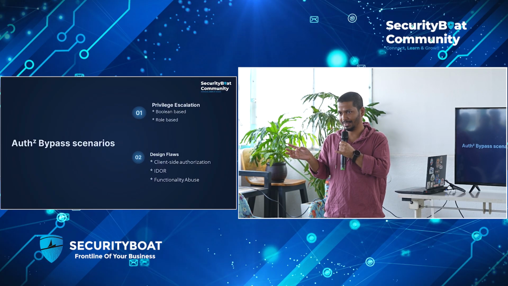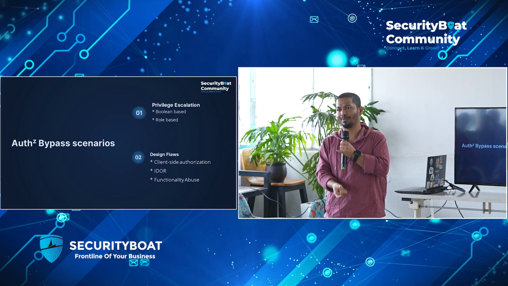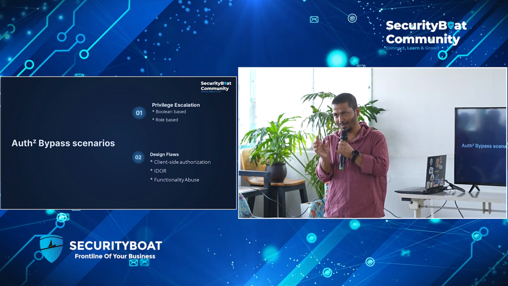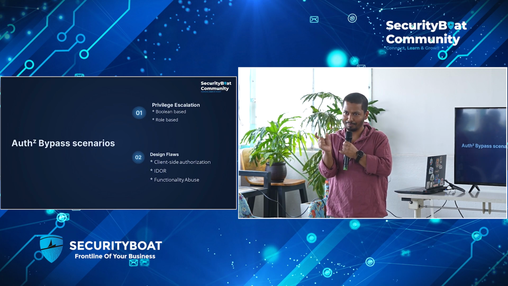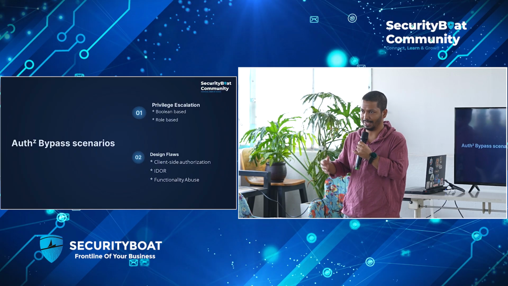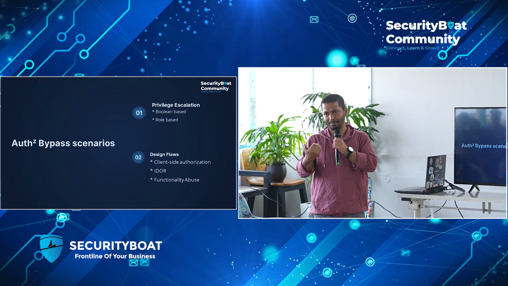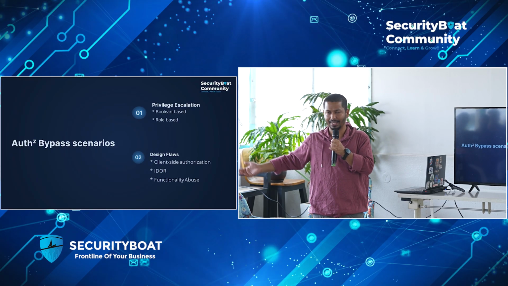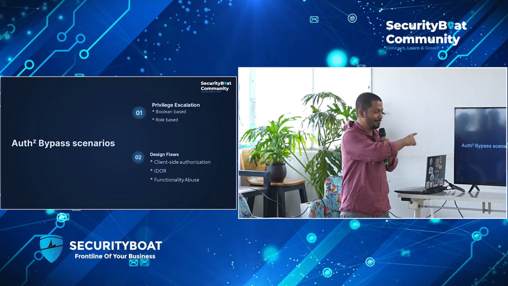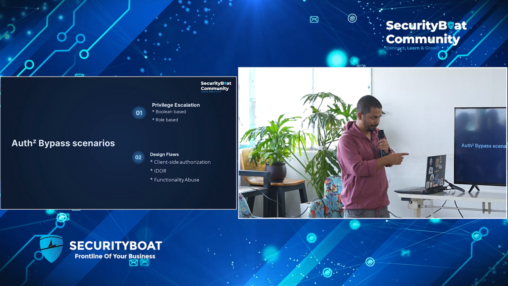When appraisal seasons came, managers would give ratings to each of the employees. There also, going to view my ratings, again the employee ID is being passed. So everything was attached with the identifier of employee ID. Changing that value, exploiting IDOR, we could access other users' details which we were not allowed to see. In this specific scenario, when I am not authorized to do something or access something, and I am able to do that, that is called privilege escalation or authorization bypass, right? So this is one scenario.